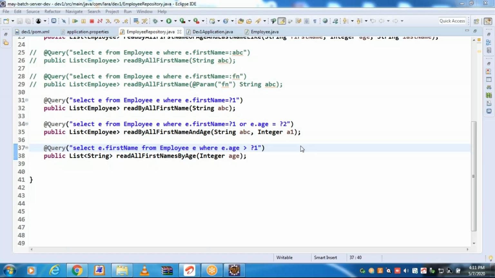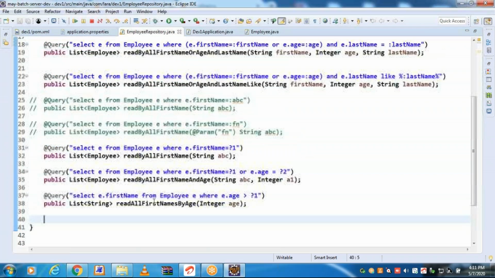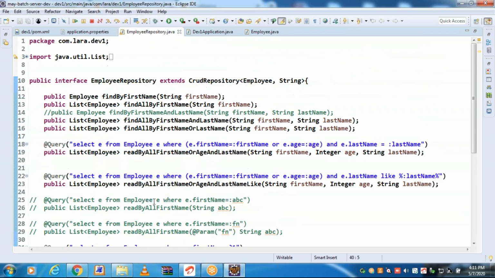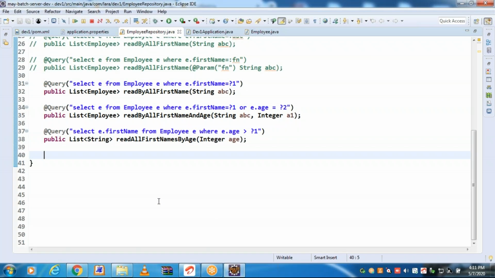In the last session, we have seen several finder methods and query specific methods. Sometimes we may not be able to compose a query by using the JPA query language.